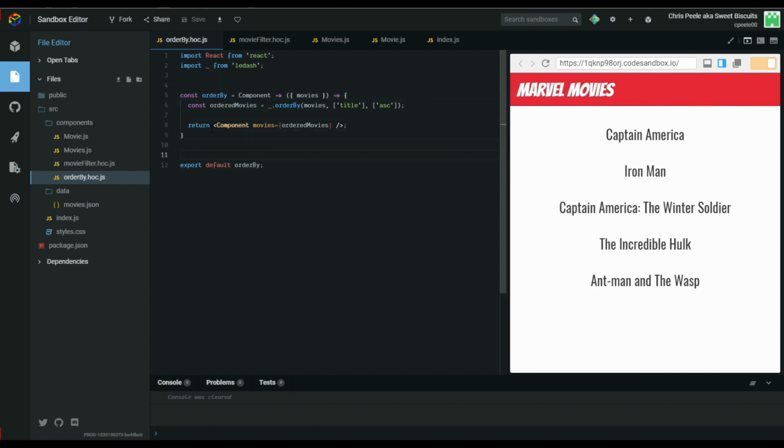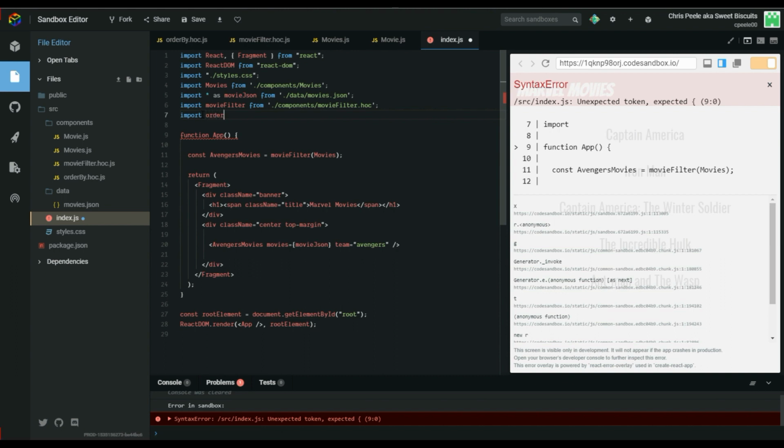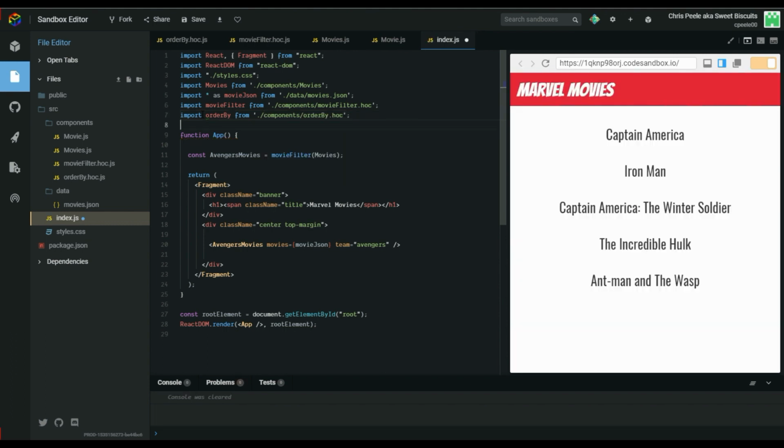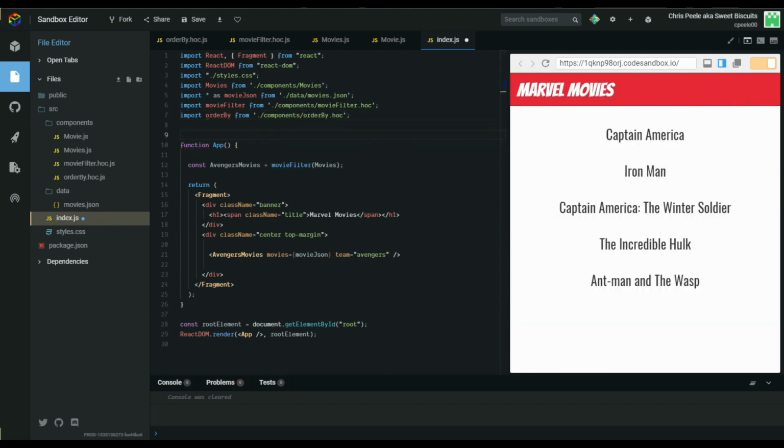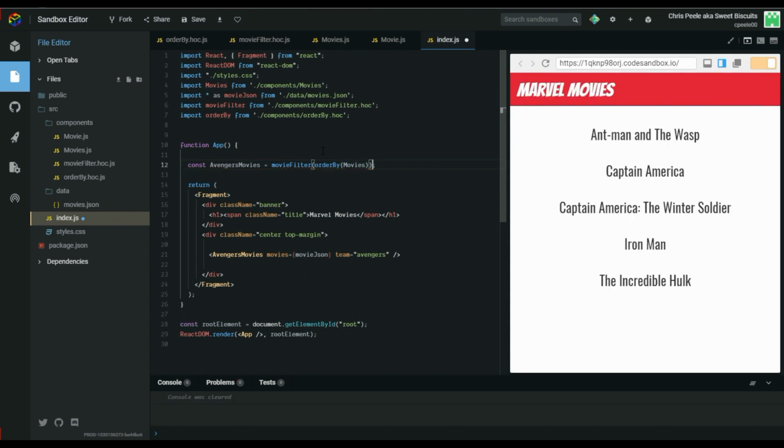Let's bring this guy in. And we are going to wrap movies with it. Look at it, it's fantastic. We have our movies in ascending order. Ant-Man, Captain America, Iron Man, Incredible Hulk. If we go back and change it,